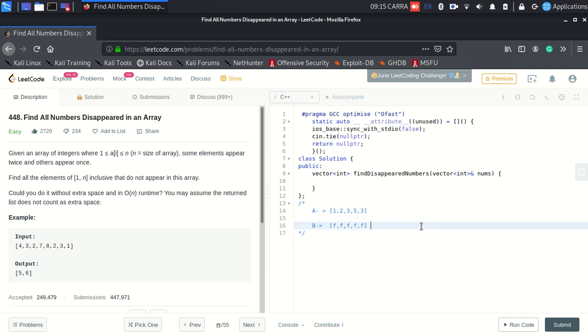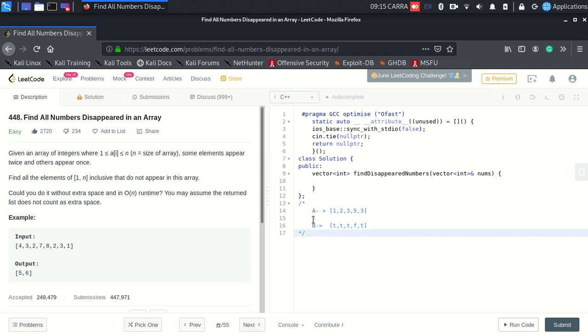If I go on with this, I'll traverse the original array. The first element is 1, I'll go to the first element of the boolean and make it true. The second element is 2, I'll go to the second element of the boolean and make it true. The third element is 3, I'll make the third element true. The fifth element is 5, so I'll go to the fifth element and make it true. And the next element is 3, I go to the third element and make it true. Since it has already been true, it will just overwrite true over true.